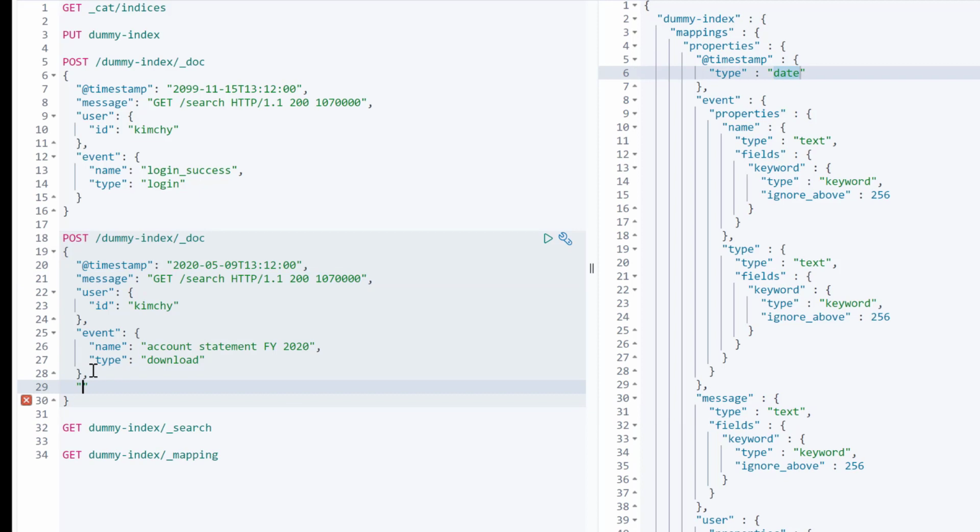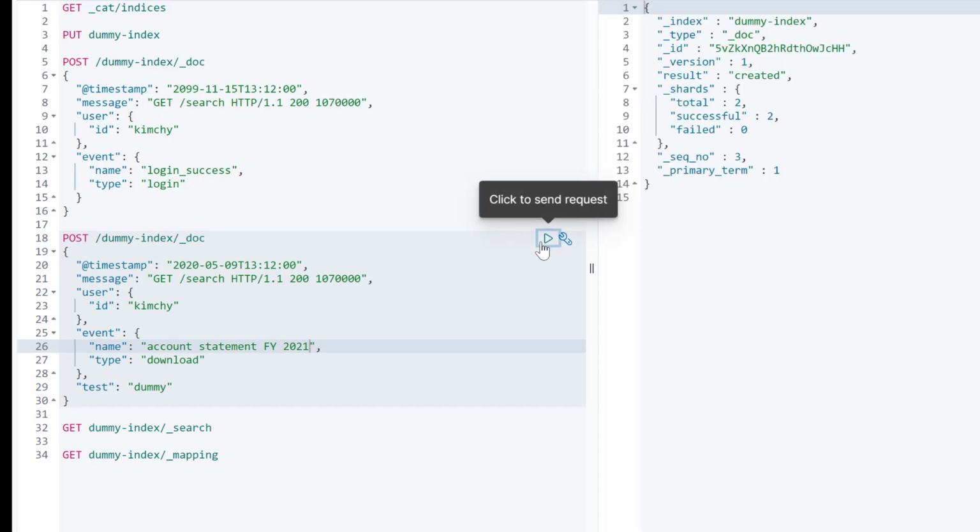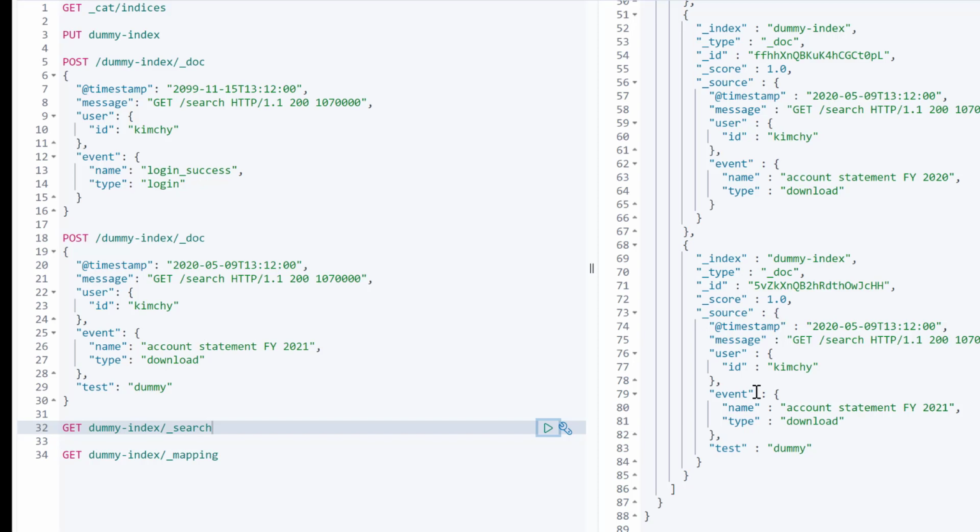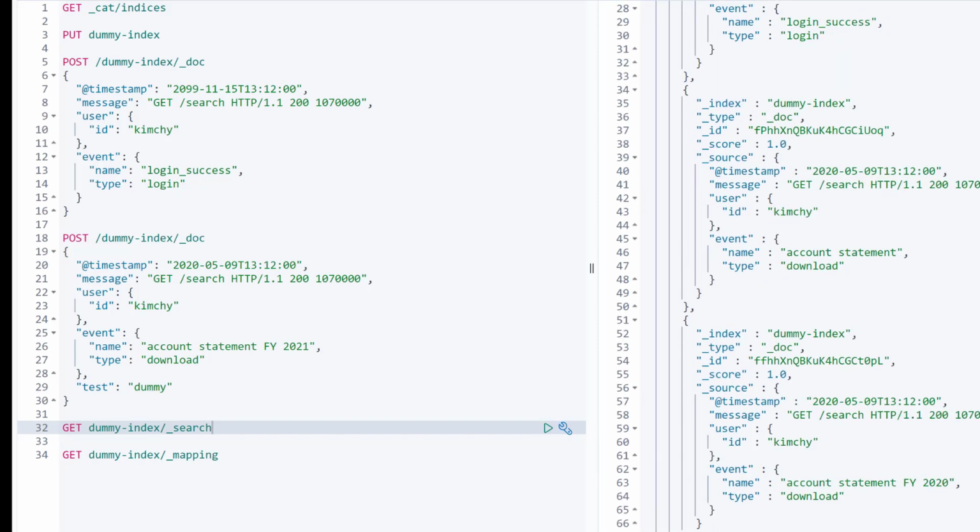Going forward we can also add any new properties as easily as, like test, and I will add something called dummy. So let me execute this. This added a new record, and if we search it, this will return us a new record with an additional property which the other records don't have. This is the main reason why NoSQL is so powerful. You can keep adding properties at runtime.